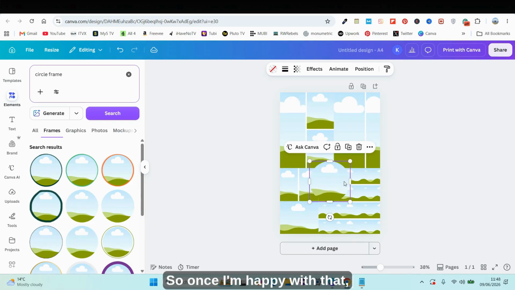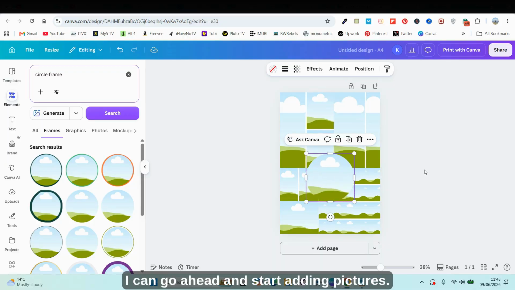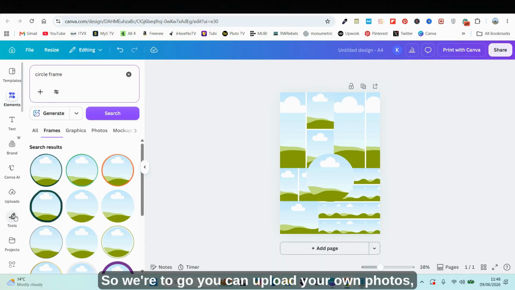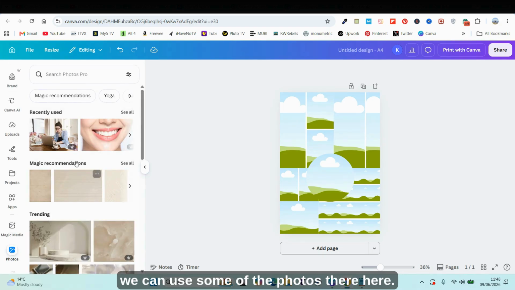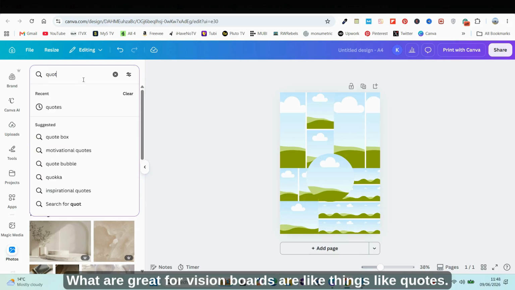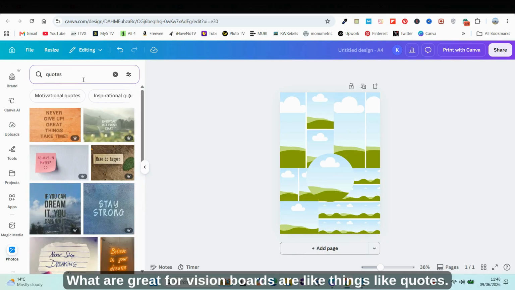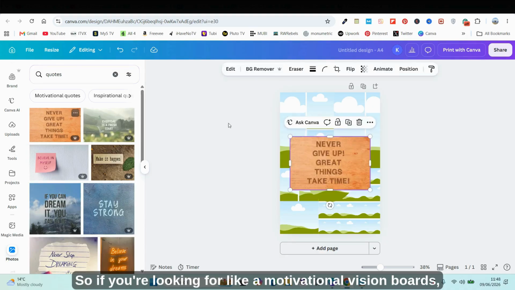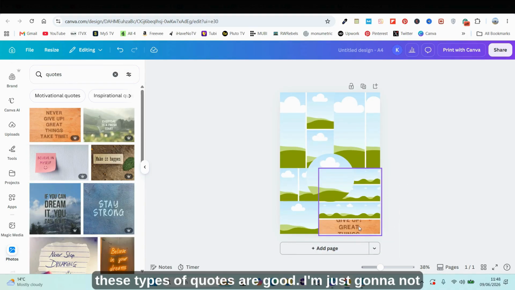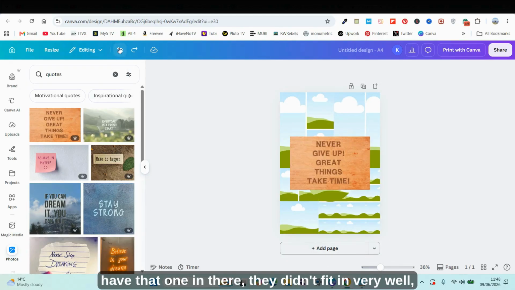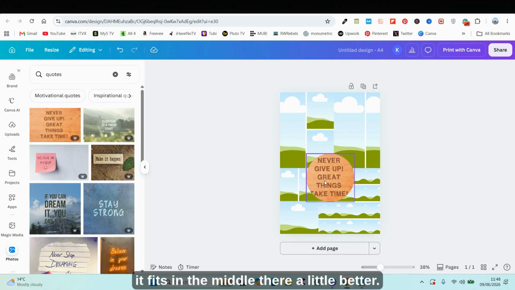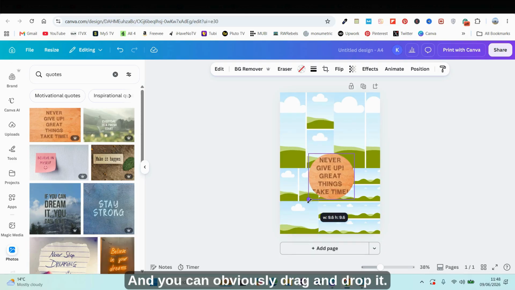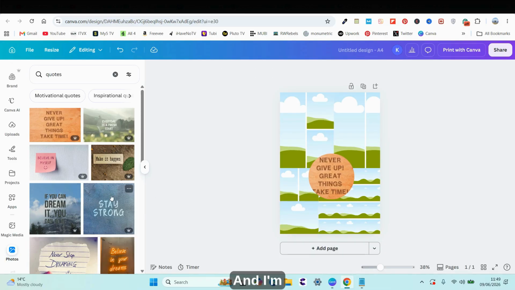Once I'm happy with that, I can go ahead and start adding pictures. You can upload your own photos, or you can use some of the photos that are here. And what are great for vision boards are things like quotes. If you're looking for a motivational vision board, these types of quotes are good. I'm just not going to have that one in there because it didn't fit in very well. It fits in the middle there a little better, and you can obviously drag and drop it. And different quotes I'm going to add,